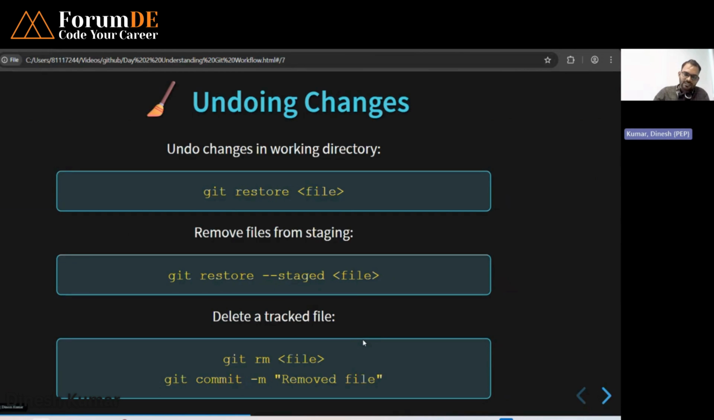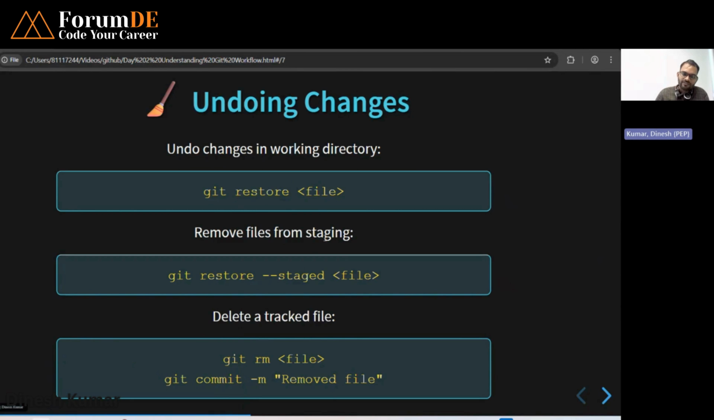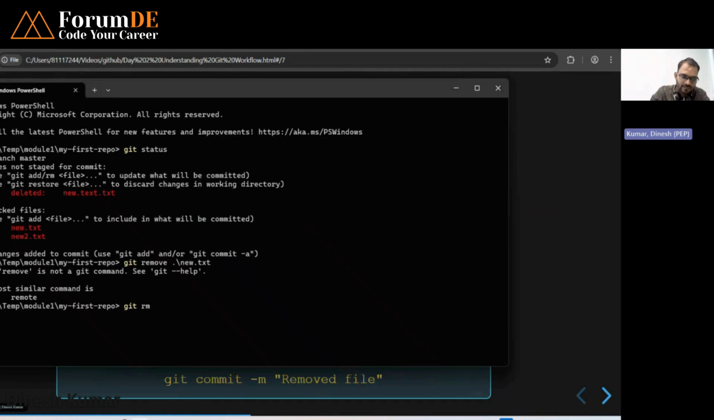Now coming to restoration, right? Suppose that you want to restore your file. In that case you can just run the command git restore. And if you want to remove the file from the staging area, you can run git restore and then the staging area, right? Rm, okay, this has been removed, correct? Now I am going to check the status. Git status,